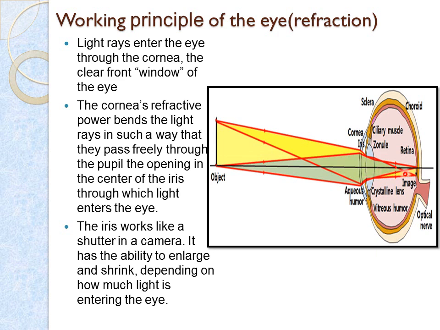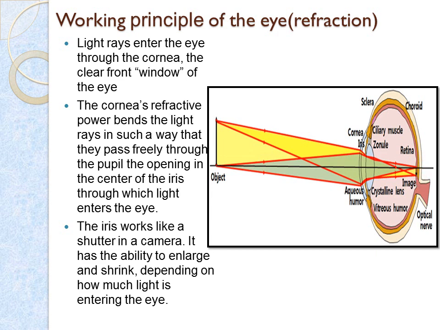Here again there is a refraction because there is a fluid called vitreous humor, and then it passes directly to the retina. The iris is working mostly as the shutter of a camera. As in the previous videos I have already told you, the pupil shrinks when it is exposed to bright light, and it expands and becomes bigger in size when it is exposed to dim light. So please go through my previous video if you are not clear about this. Then the inverted image is formed in the retina, and this part is called the fovea centralis.